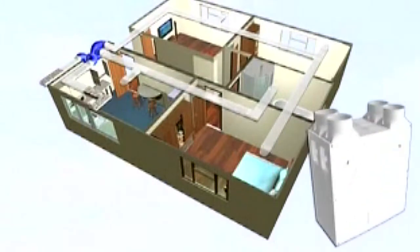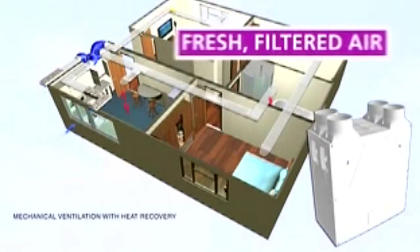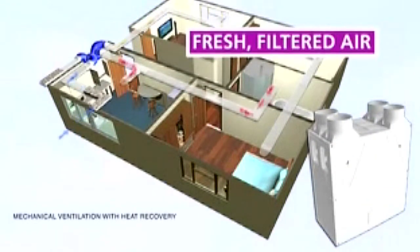A big misnomer out there is people are too concerned that they don't want to make their house too tight. And it's a valid concern, but what needs to happen is you need to seal up your house intelligently and then ventilate it correctly. A few years, 5-10 years ago, it used to be a rare thing that someone would come in and ventilate, but it's becoming more popular that people are adding fresh air systems to their house. They're adding an ERV or HRV, which would be a heat recovery ventilator,